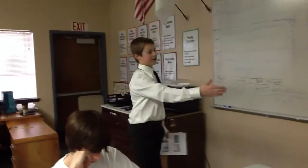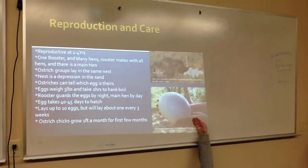This is an egg. Carson, would you point to the bottom picture? That is an ostrich egg. It weighs